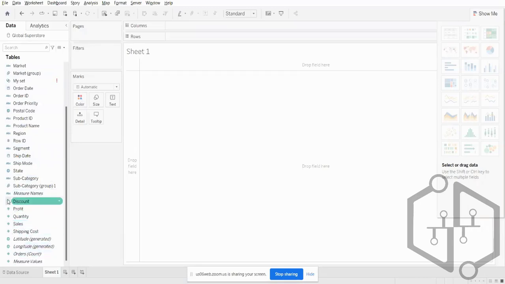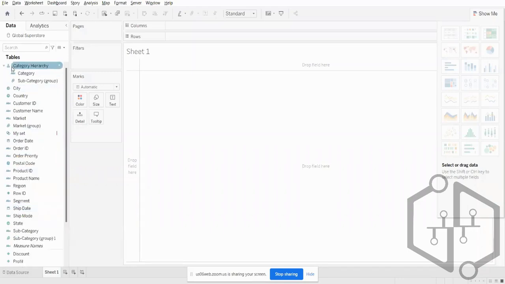So we have some textual things and some numerical values in here. Whenever you go to the blue color dimensions, they are discrete, correct? And the measures which are in green, they are continuous. As we have talked earlier,